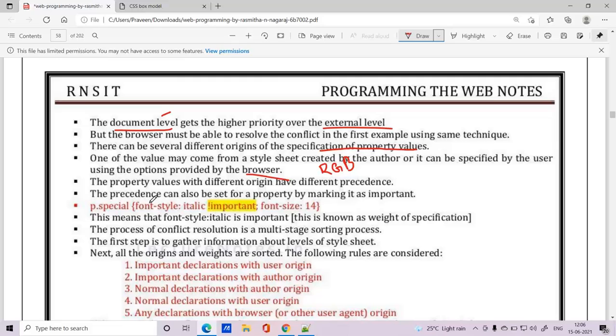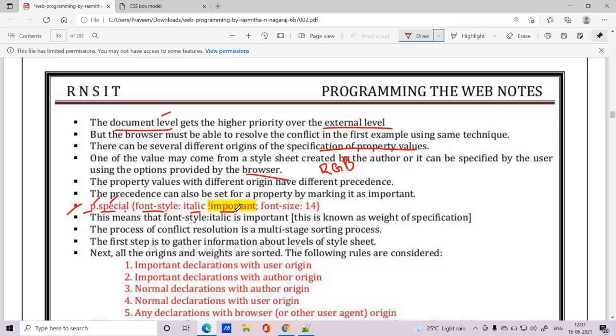Apart from this, we'll also discuss some of the other properties, say we need to give some preference. In the means of preference, if I write p.special, p is the tag name and special is the class name, which will have font style as italic.